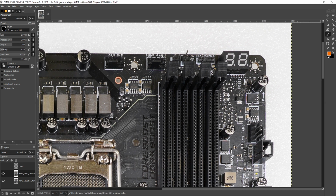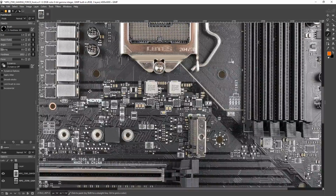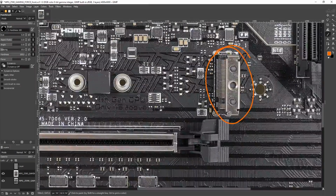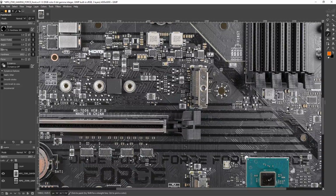So yeah, if you want an MSI board with a postcode, this is basically the cheapest option. Which, yeah, that's why we're covering this board. Anyway, other than that, it's also worth noting that this M.2 slot only works with 11th gen CPUs, because Intel just, you know, I don't know why it is that all the mainstream CPUs just don't have many